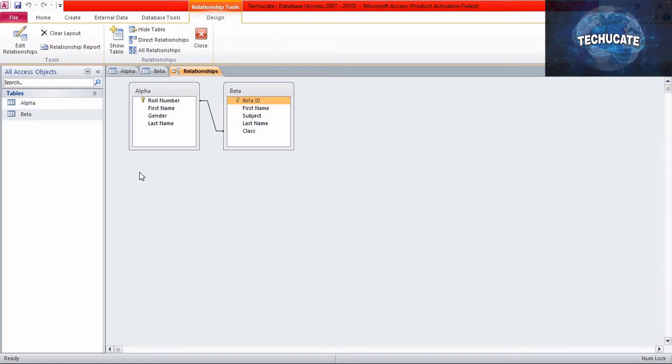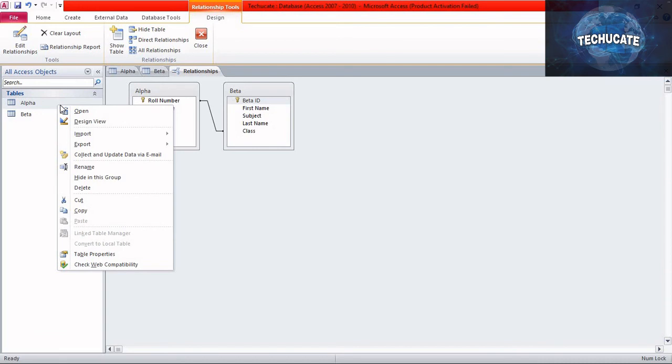Let's also get into the process of how to delete the relationship. Here we have the relationship between alpha and beta. For example, I wanted to delete this relationship between alpha and beta. I have created the relationship with the class attribute of beta. For that, open beta entity in the design view.